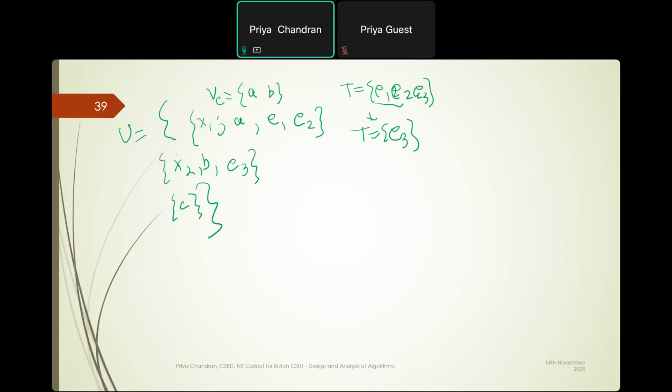Now, in the second case, you'll note that in case 2, we had only one x. So with that x, suppose we would have put one set that is x1, e1, e2. Now what remains is b and c, and what remains is t with e3 in it. But we don't have anything left to cover it. So that's why it does not come out, is what we can see. We'll prove the reverse way also because that needs to be done. But before going to that,